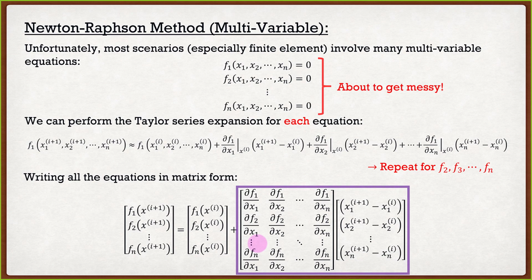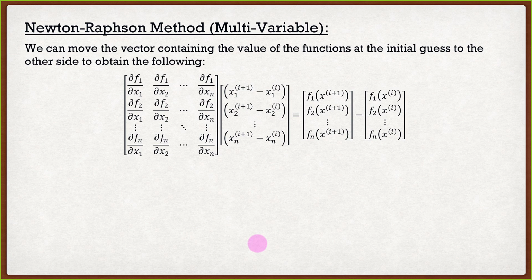So we're left with this equation. But just like before, we're going to modify it. Before, we simplified it, well, we're dealing with a big ugly matrix. There's not really much to simplify. So the first thing I'm going to do is take that initial value, f1 of xi, f2 of xi, etc., and simply move it over to the other side.